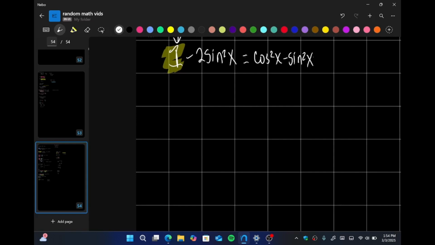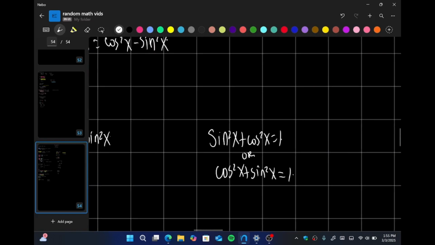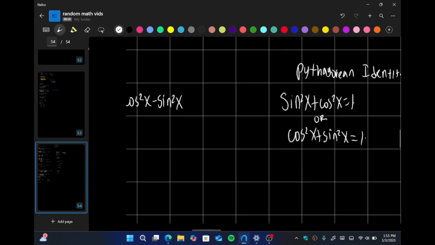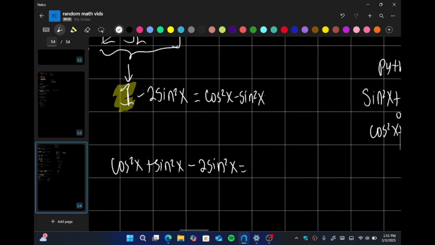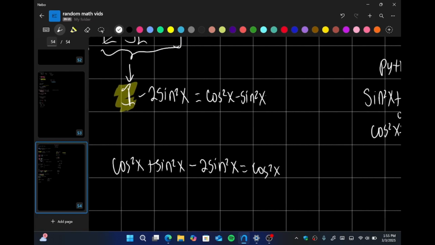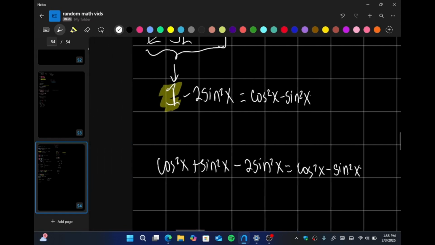So that's the Pythagorean identity, and then minus 2 sine squared x is going to equal cosine squared x minus sine squared x. Now all you need to do is